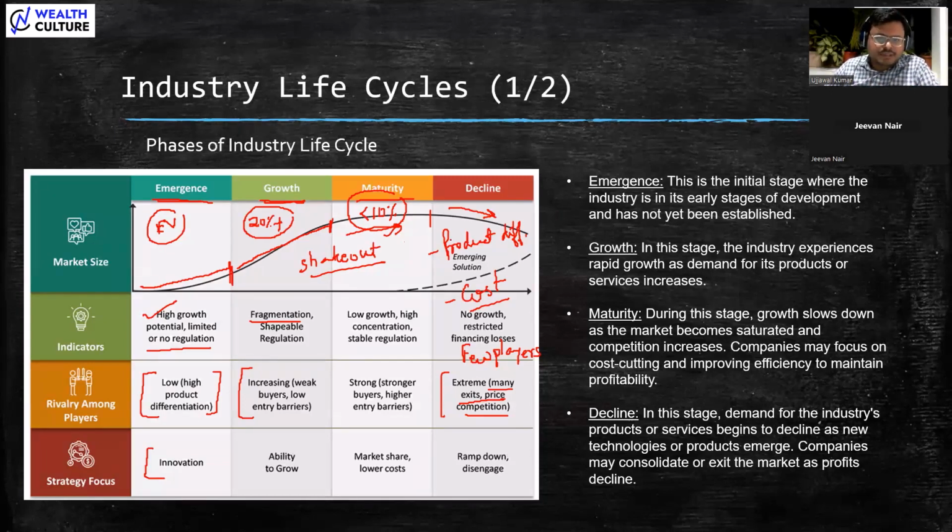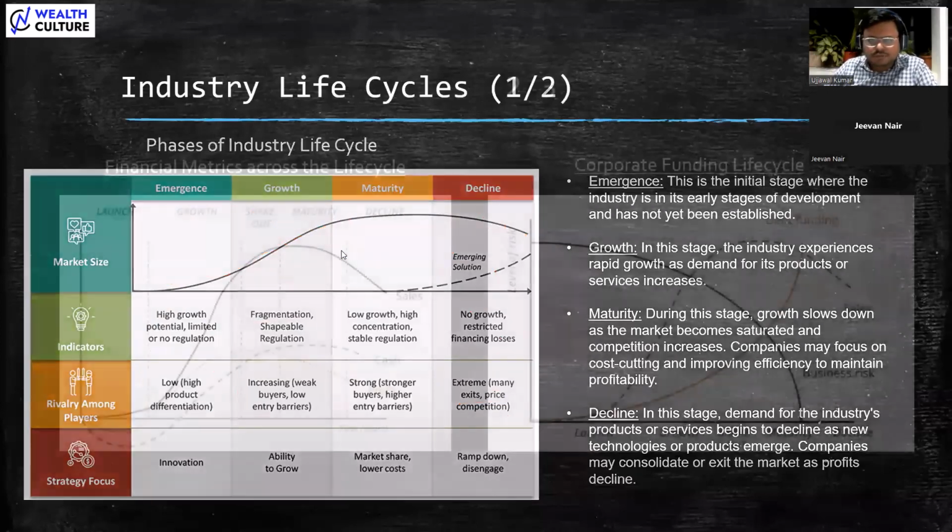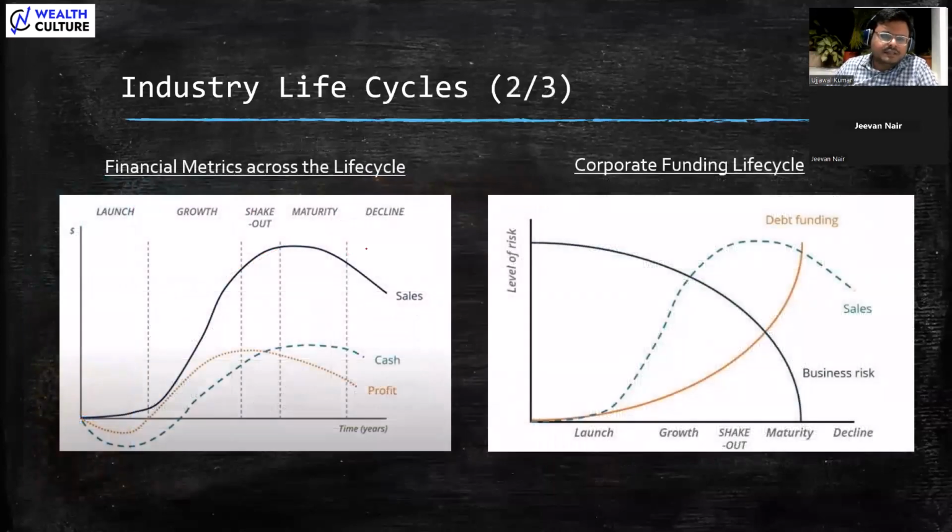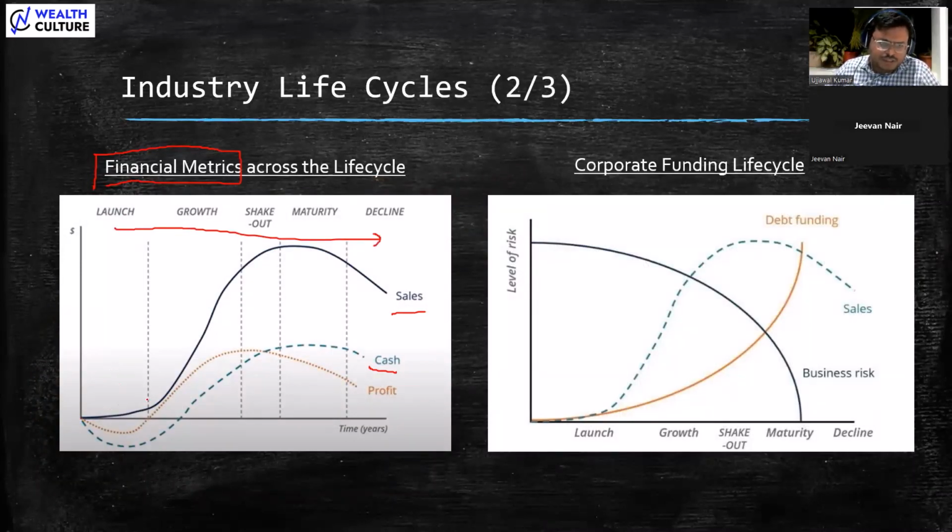And we discuss some new examples. We look at the examples more, but I just want to cover, now that we're looking at these cycles, I also want to look at how the financial metrics evolve during this phase, right? So whether we're talking sales or cash flow or profits, how does that evolve as we go from launch to the decline, right? So in the emergence phase, which is the launch phase, here you will see first the sales